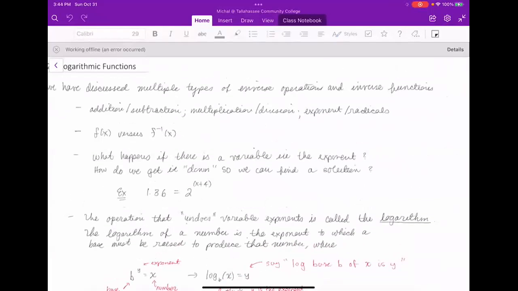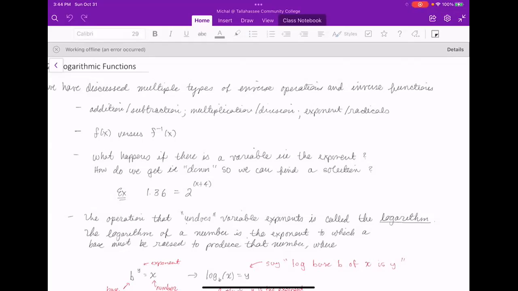For example, we talked about the fact that addition and subtraction are inverse operations because addition undoes subtraction and subtraction undoes addition when you're solving equations. Same thing with multiplication and division and exponents or radicals, like for example, cube root and the exponent of 3 are inverse operations, right? We also discussed inverse functions where we could write f of x and we could write